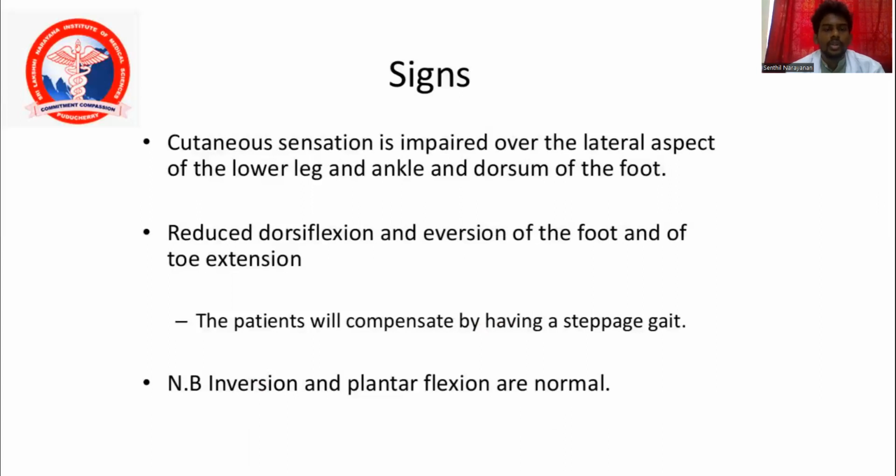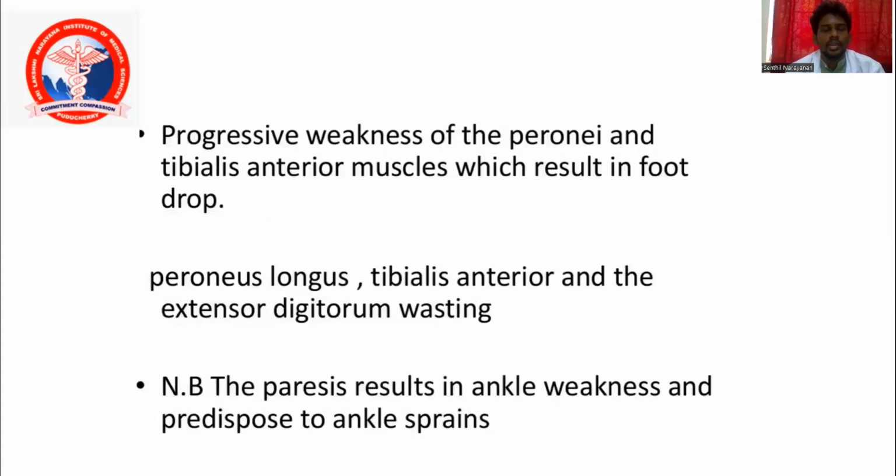What are the signs of foot drop? The cutaneous sensation is impaired over the lateral aspect of the lower leg, ankle, and dorsum. There is reduced dorsiflexion and eversion of the foot and toe extension. The patients will compensate by having a high steppage gait. Notably, inversion and plantar flexion are normal. The inversion and plantar flexion is done by the posterior tibialis, which is supplied by the tibial nerve, and hence they are